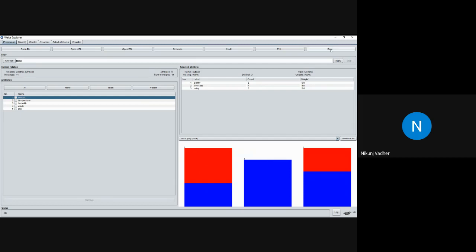Open the file. Click on edit. If you click on edit, it will show you viewer. For viewer, they are giving separate windows. So let me show you. If you click on edit, it will show you